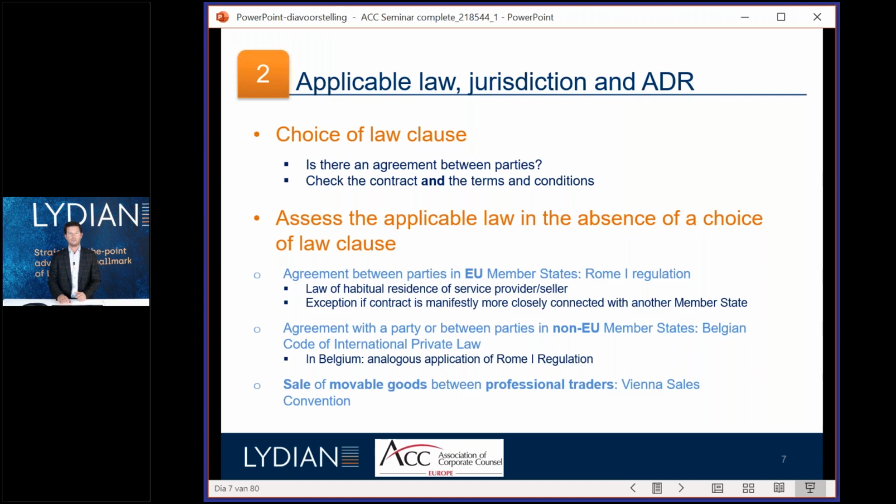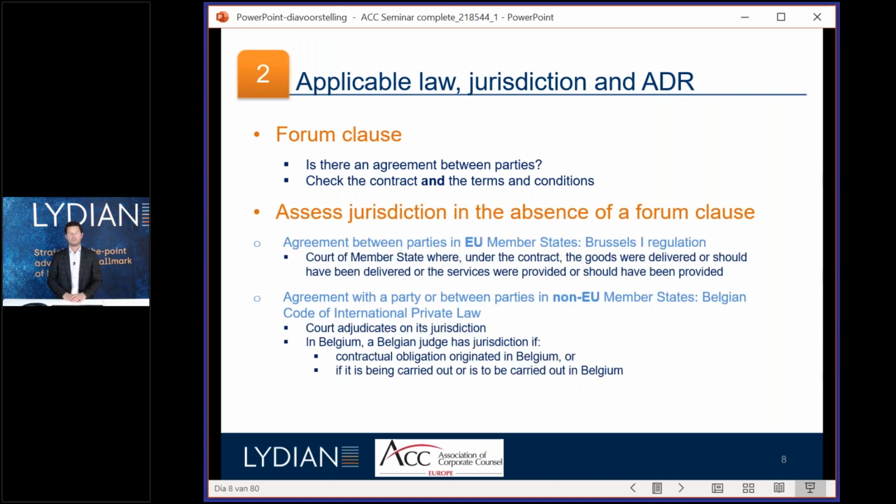So that's quite important. The same goes for the forum clause. Check whether there's an agreement on the competent courts, also check in your general terms and conditions whether a certain court was agreed, and that this is stipulated clearly in the general terms and conditions. The same goes for the absence of such a clause. Then it's mostly where the products are delivered or the services are rendered; this court will have jurisdiction. I also added on the slide the specific rules for Belgium when you're dealing with a party which is not situated in an EU member state. But you will see that on the slide. There should be a link with Belgium at least in order to be able to go to the Belgian courts.